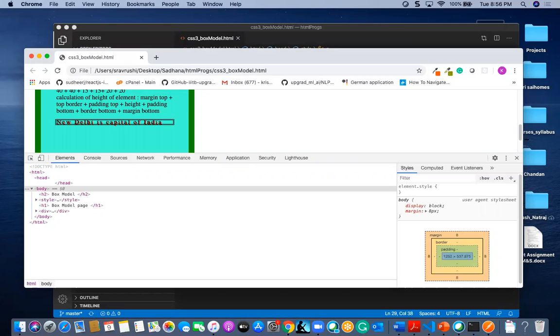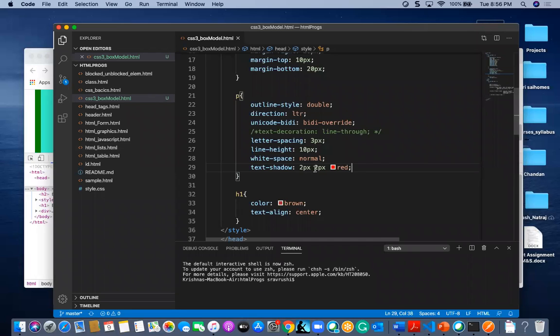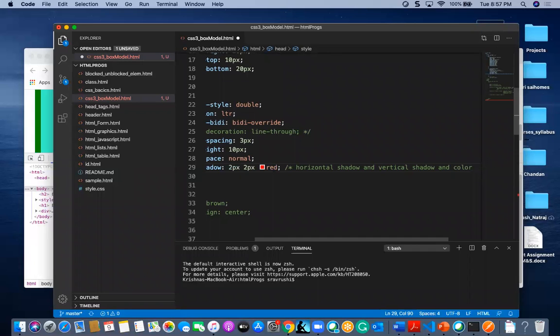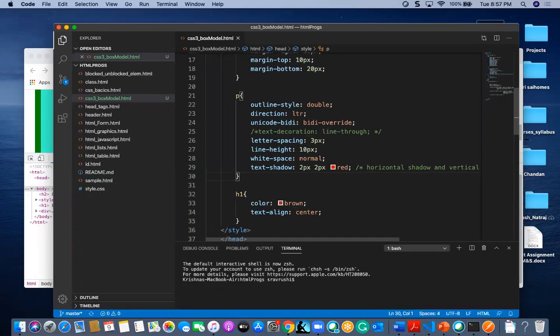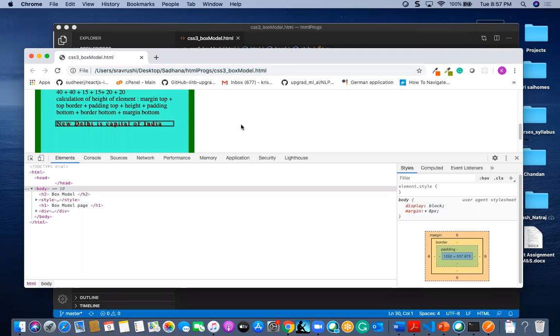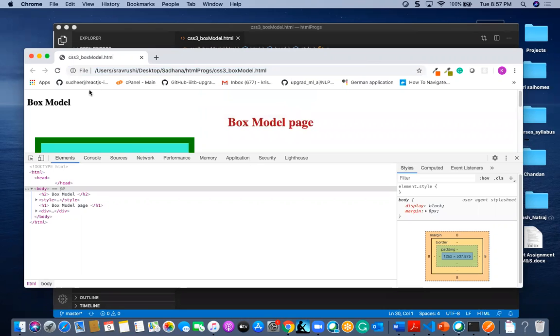The first one is the horizontal shadow, that is 2 pixel. The second one is the vertical shadow, that is 2 pixel. Horizontal shadow, vertical shadow, and color. That's the syntax. And that's about shadowing a text.